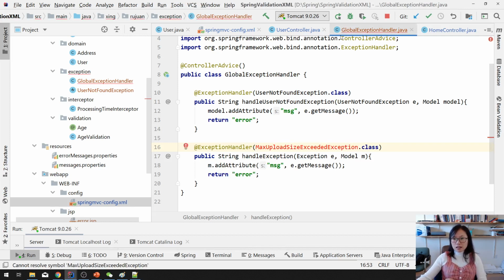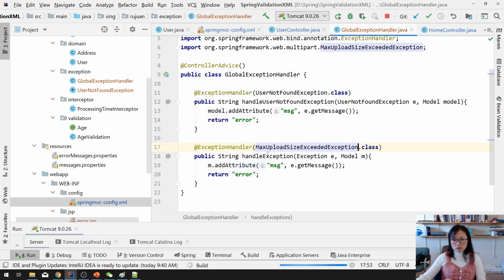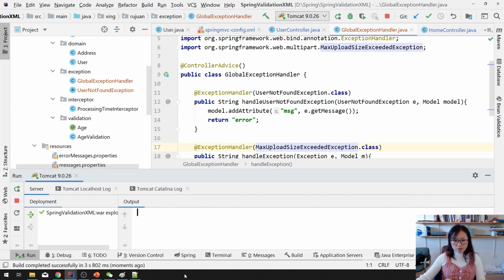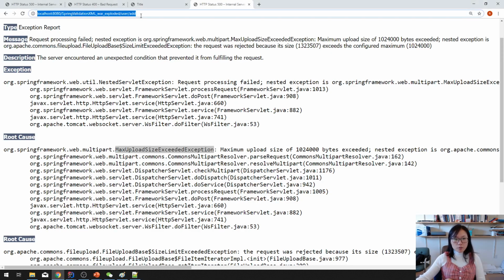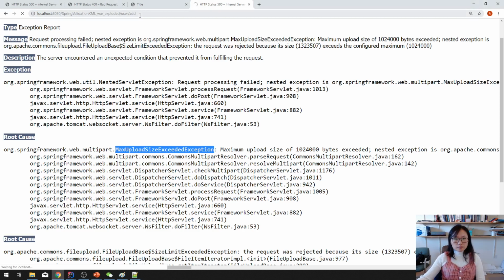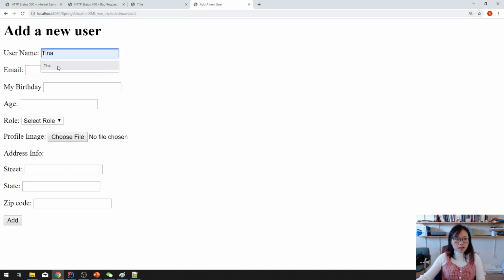Okay, then let me import and rerun. Deployed successfully, and let's do one more time. And add,